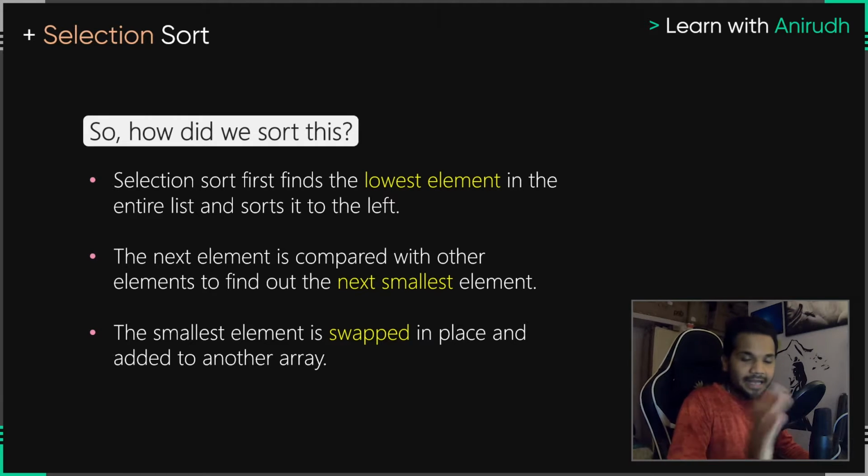What do you do after that? You leave that element, you don't touch that element anymore, and for every element apart from that, you compare its position and you find out which is the most minimum element in the unsorted array. We showed you that in the simple example that we discussed. Find the smallest element, swap it with the position, add it to your sorted array, and you just have to repeat this again and again and again. And at the end, when your unsorted array is empty, it means that your array is completely sorted.